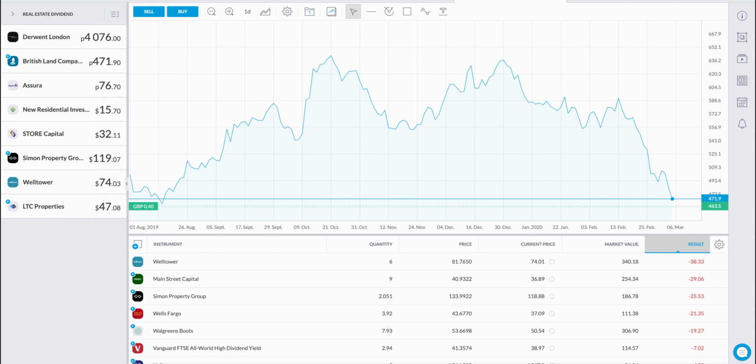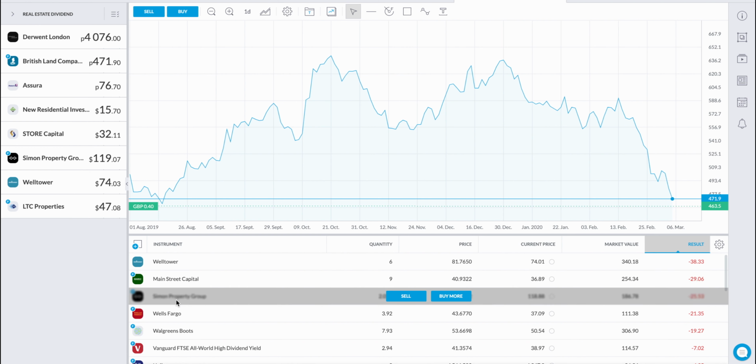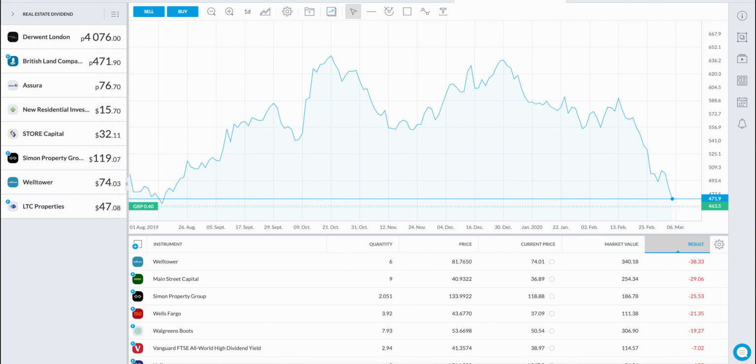Now, the UK adopts the exact same, so 20% is already deducted when a REIT such as Welltower or Main Street, Simon, etc. pays out. So when those dividends are paid out, 20% is automatically applied should you be investing in the invest account or outside of the stocks and shares ISA account. Now, should you have the stocks and shares ISA account, the 20% is not deducted, and that's just because the PID or the REIT is paid out in gross, which just means it's before any form of taxation.